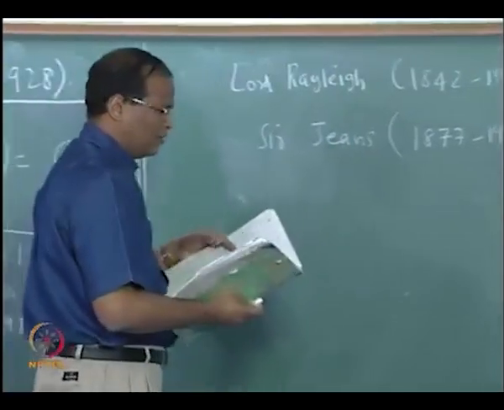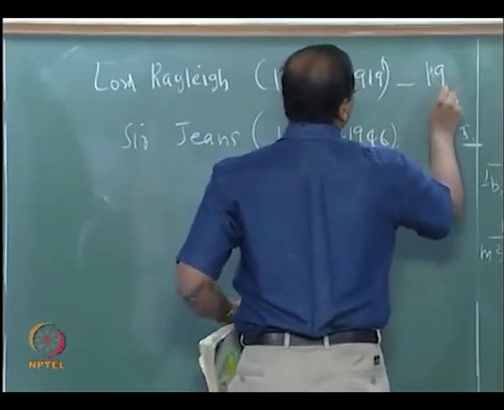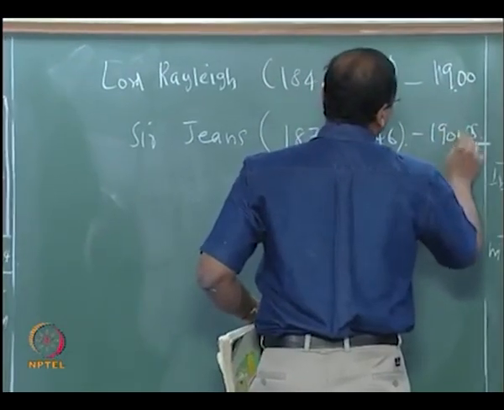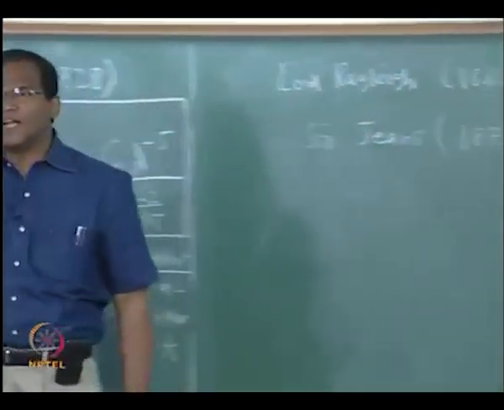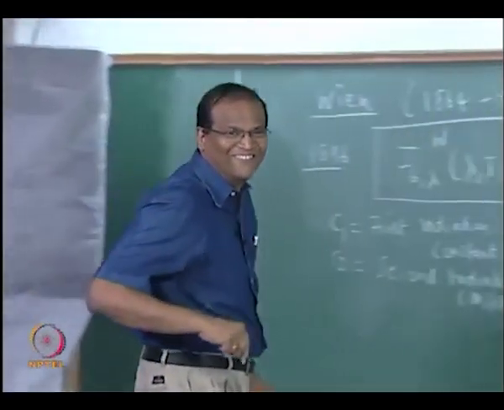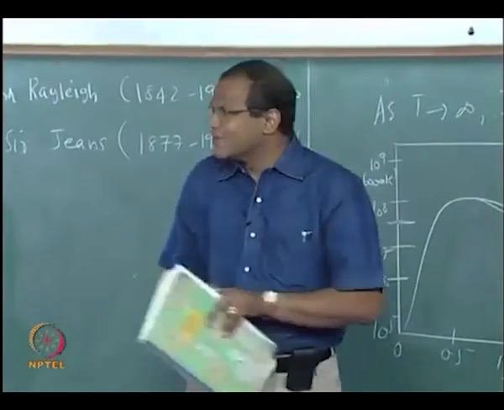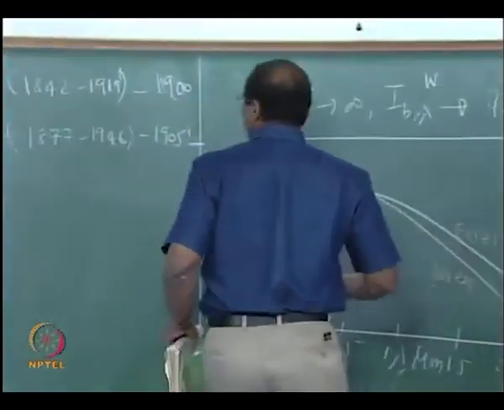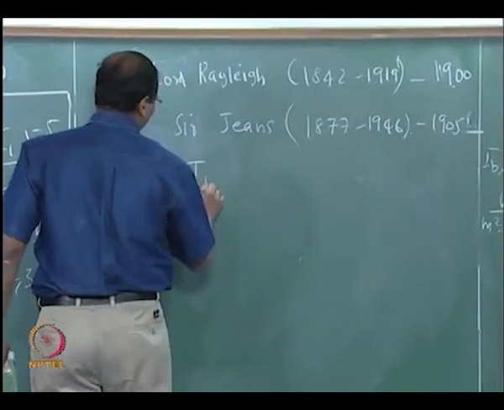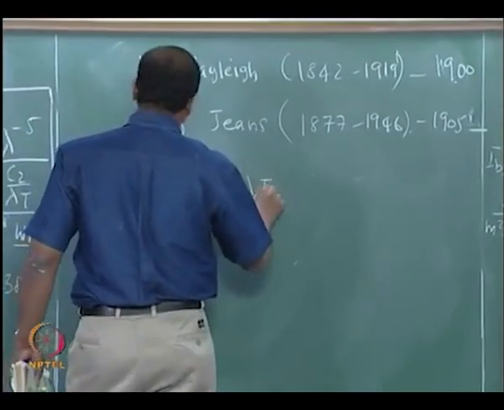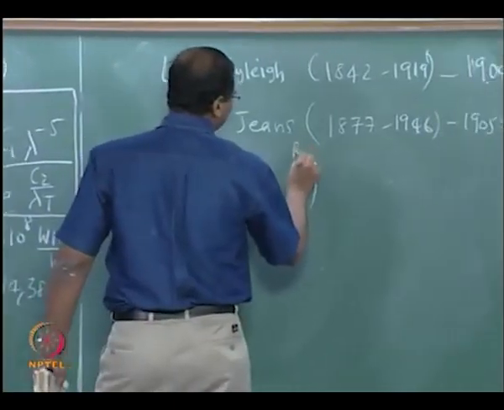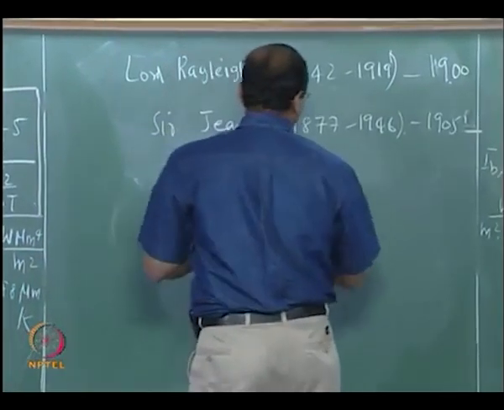In 1900 Lord Rayleigh and 1905 Sir Jeans independently worked out yet another incorrect distribution for I_B lambda. Okay, what was that distribution? I_B lambda of RJ equals